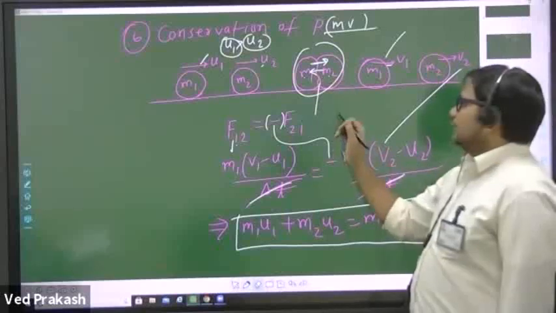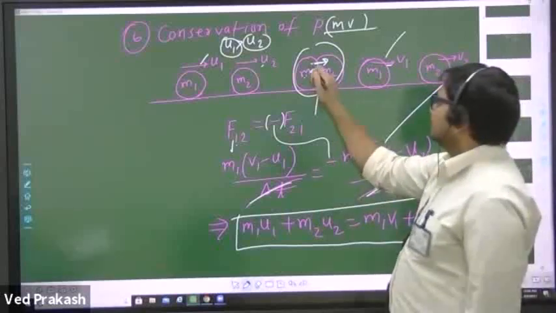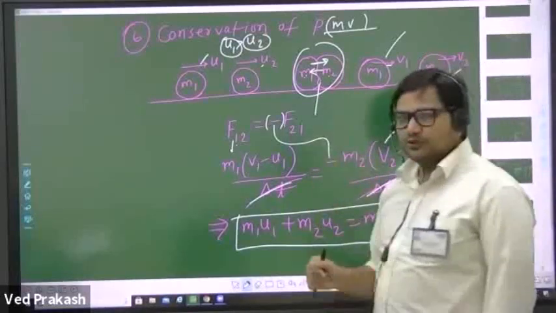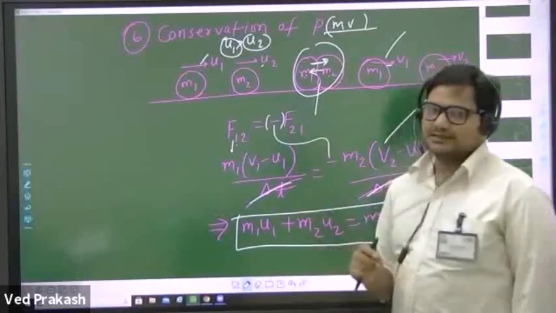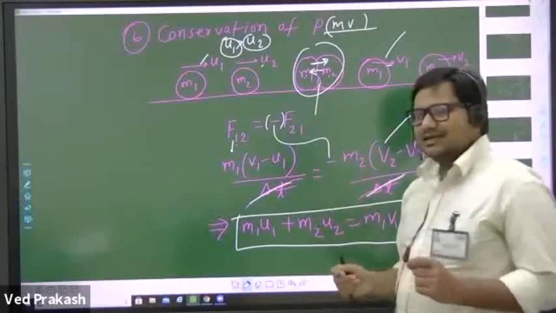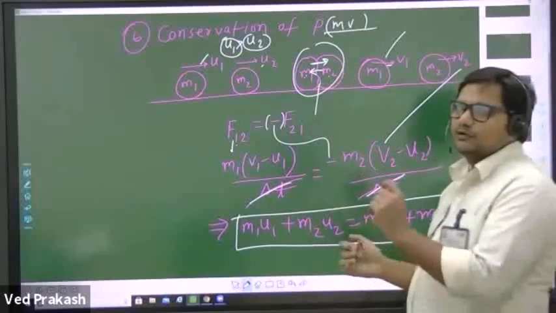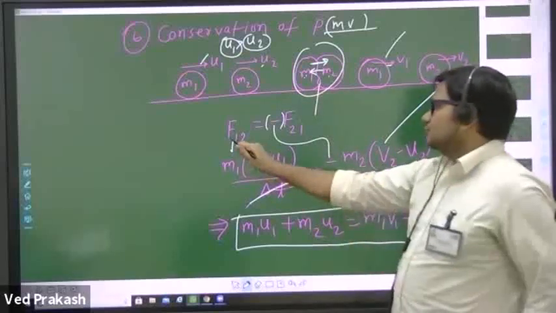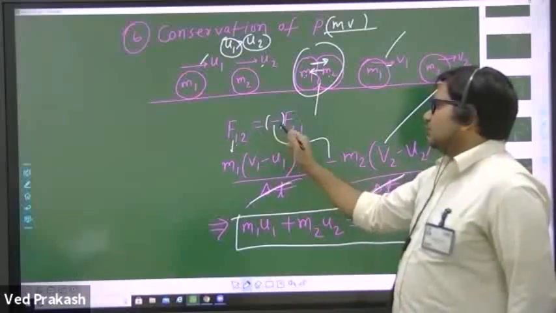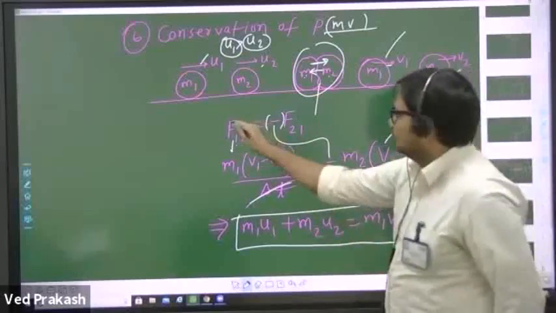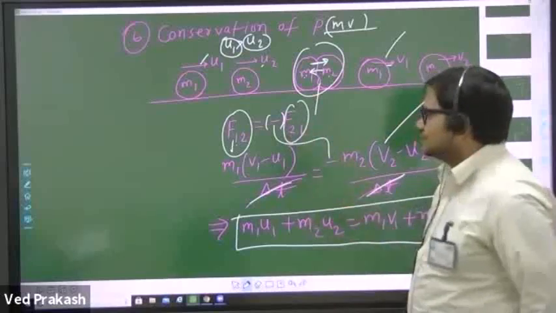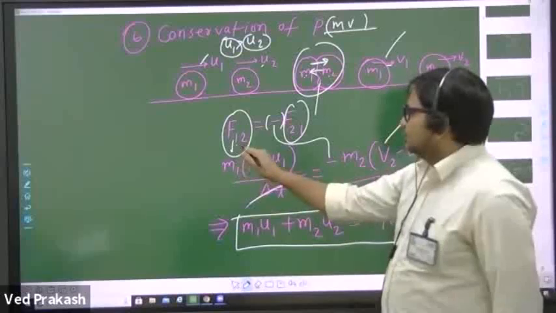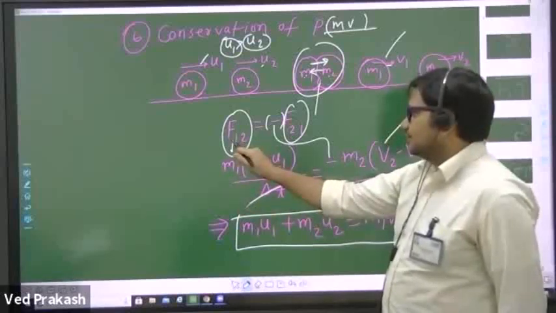During collision, you can clearly see here that m1 is exerting force on m2 in rightward direction and m2 is exerting force on m1 in leftward direction, and these forces are an action reaction pair, so their magnitudes are going to be equal but their directions are opposite. So we write F12 equal to minus F21. If you use Newton's second law to write this value of force,